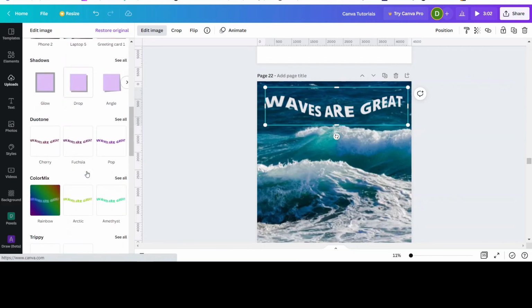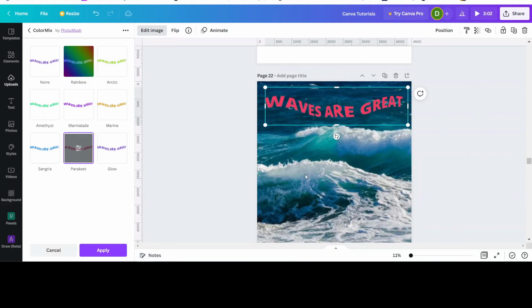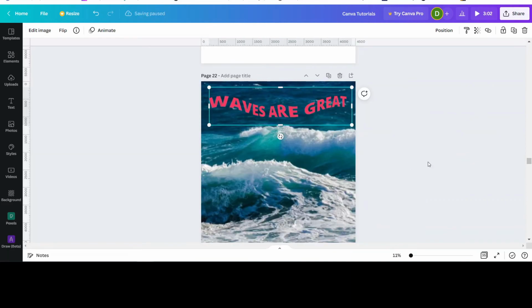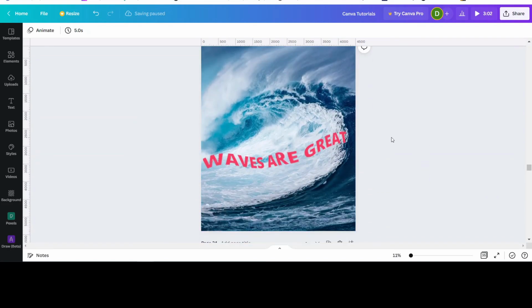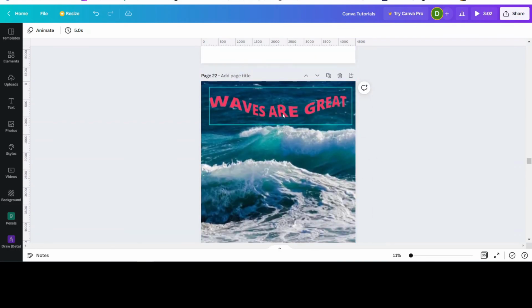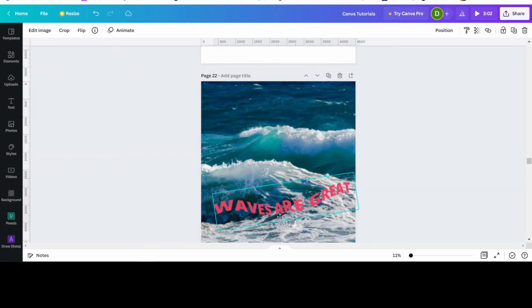Okay. Now you can always go down here as well. You can see there's color mix, there's duotone. So let's say you go to color mix and you say you want the red one because you want it to pop out a bit more. So you click that and let's see what happens. There you go. It's red and it shows out a bit more. The one that I did was this way. You can move it around. You can maybe do it that way,